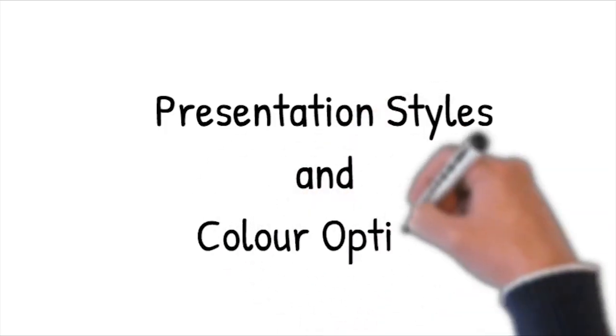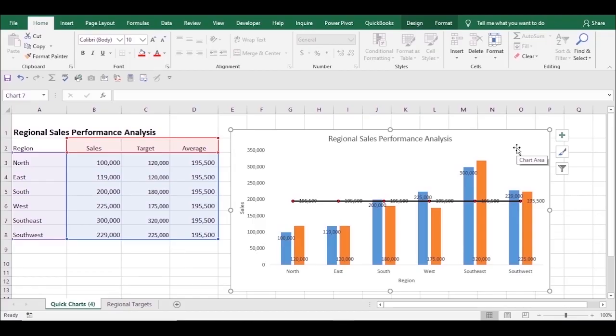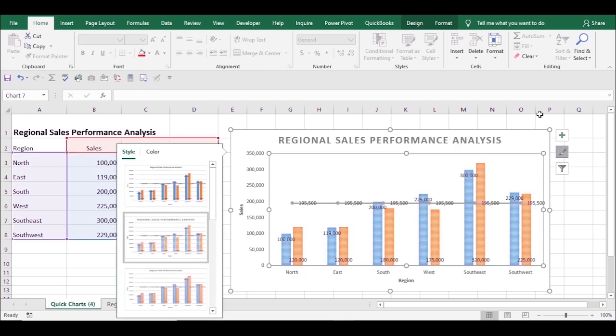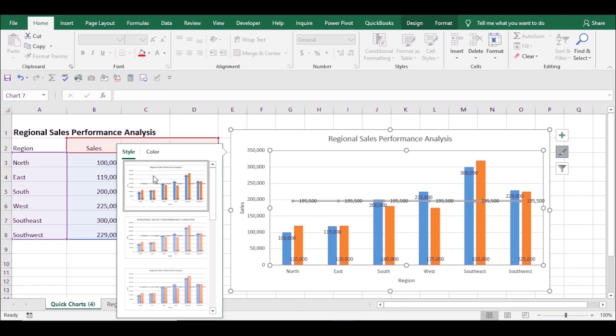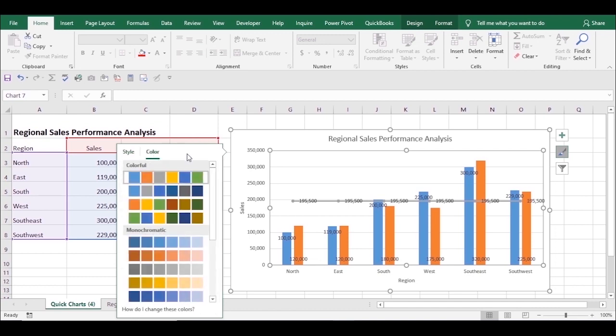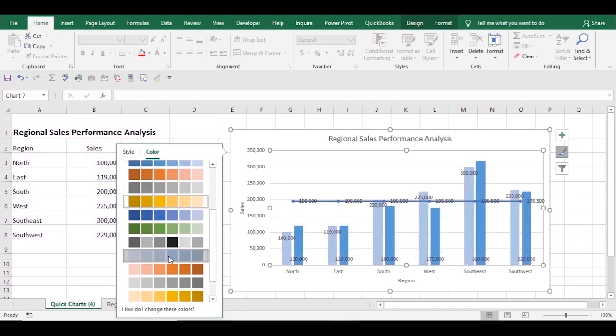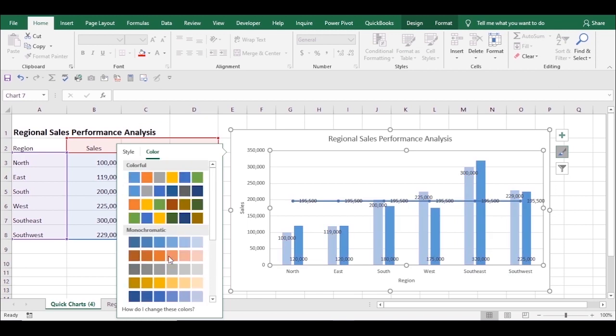Before we conclude, we'll learn another small thing where you can make the graph a little more presentable. When you go to this paintbrush, there are two types of options. First one is the chart style and the other one is chart color. There are two groups in this color. The first one will give different colors to the bars that you have. Here you can change it to different colors. But the second group will give you dark and light colors. Based on your boss's preference, you can select whatever type you need. This is the final thing that I need to share.